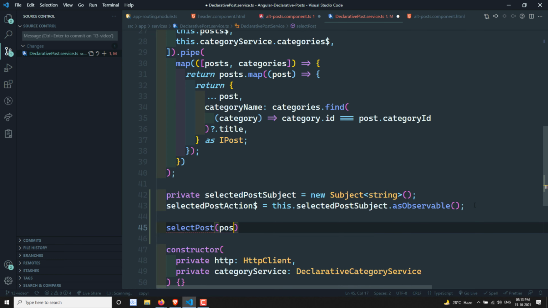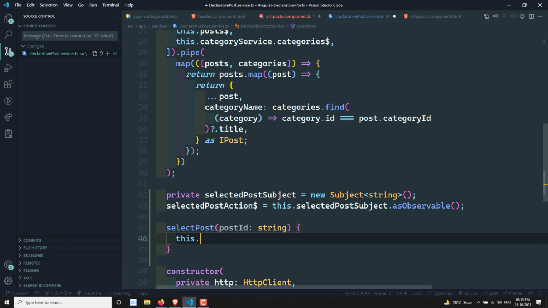It takes a postId of type string. Here I will call this.selectedPostSubject.next, and I will send this post id. So fine, right? It will accept the string.